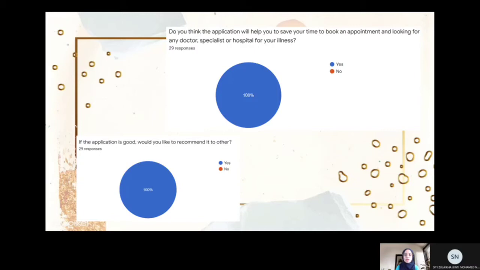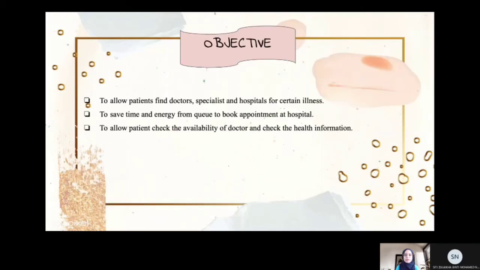Next is, if the application is good, would you like to recommend it to others? The percentage of choosing yes is also 100%. So the responders would like to share or recommend it to others if the application is good. Okay, next.